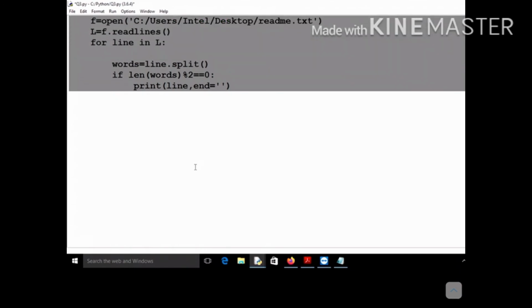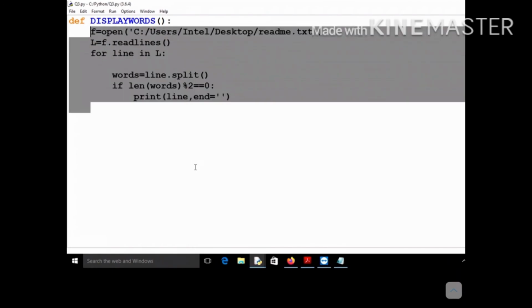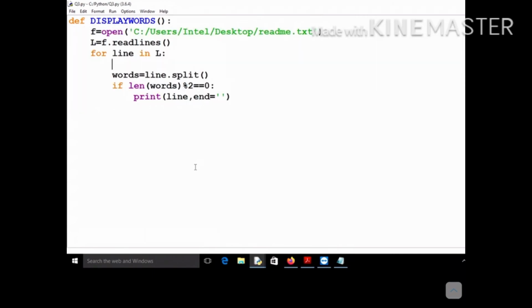Again, I will write everything in the form of a function, and what is the name of the function? It is display words. So I will write def display words, and you need not do anything. You just write everything inside the function, whichever file opening thing, whatever you are doing. Or if you want, you can open this file outside this function also. I will tell you how, but first just do it simply, that you just call this function display words, and you do not pass any argument to it, and inside your function definition you do everything.